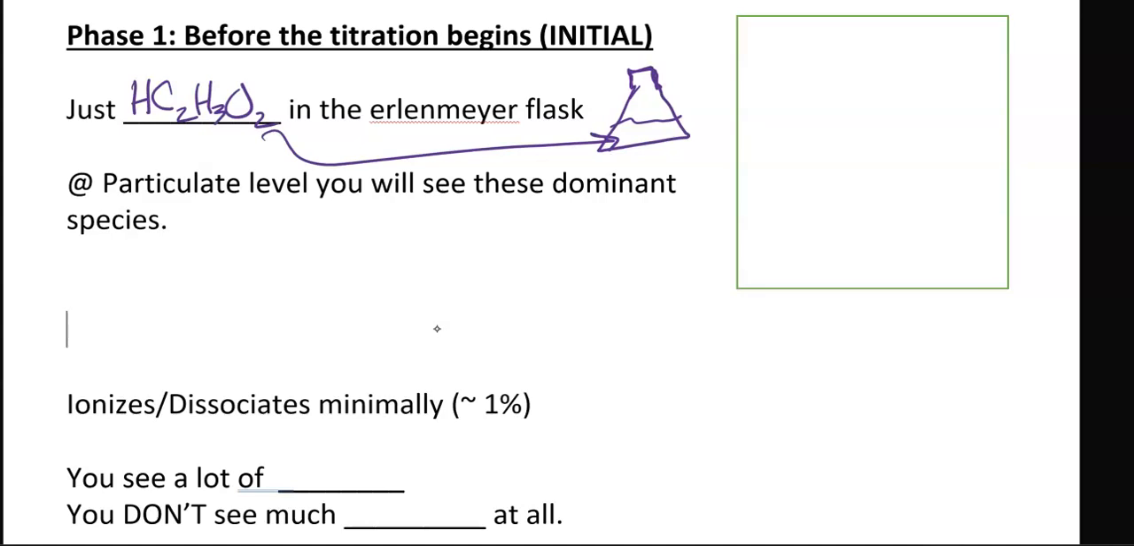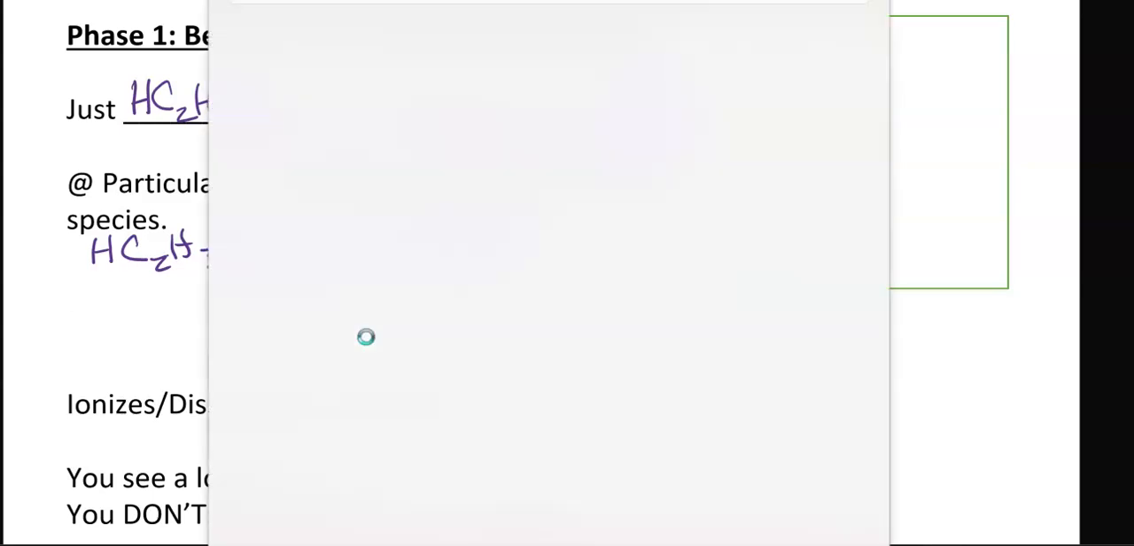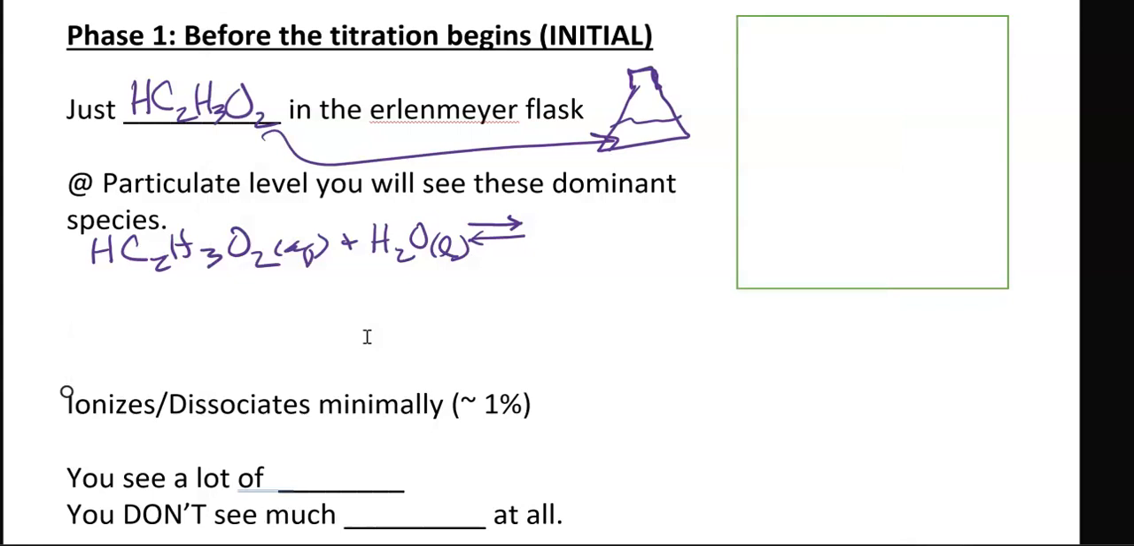So if we could get down to the particle level, what would be the dominant species that are present? Well, a weak acid by definition does not ionize or dissociate very well into hydrogen ions. It only releases a minimum amount of hydrogen ions when it interacts with water. So I'm going to have to use these little reversible reaction arrows here to indicate that this reaction is at